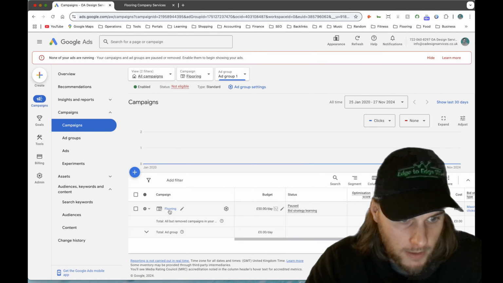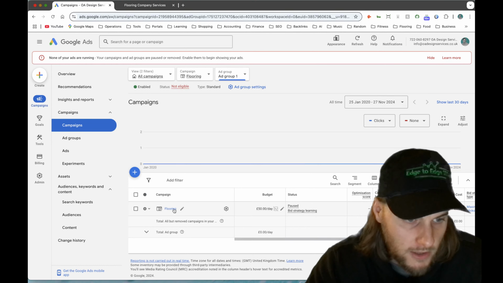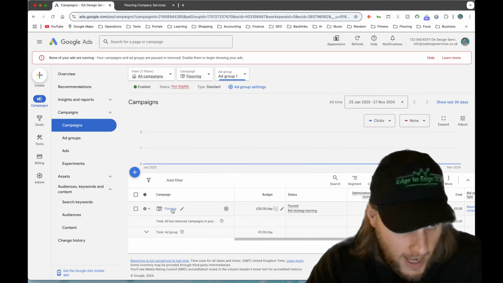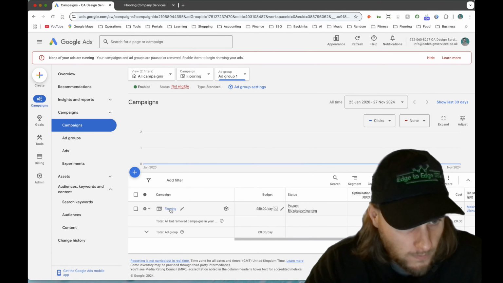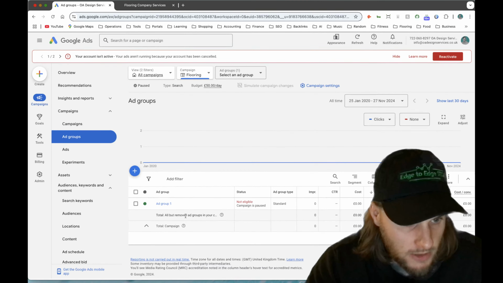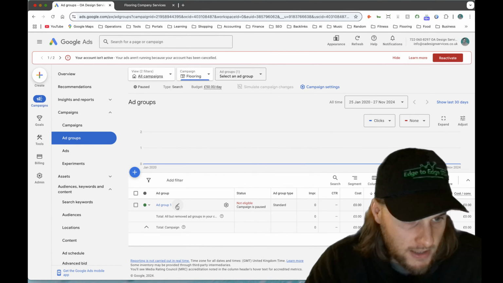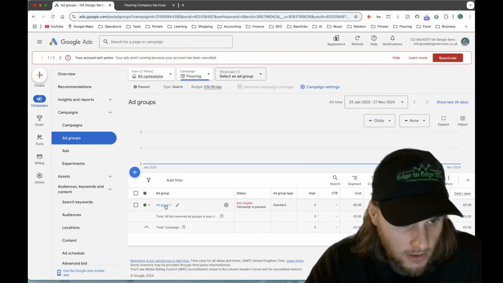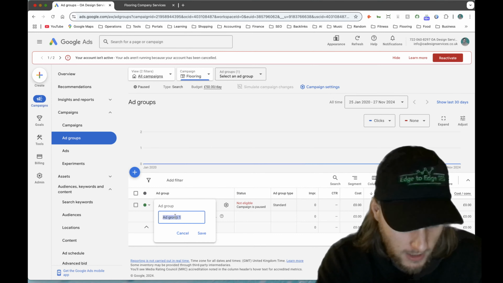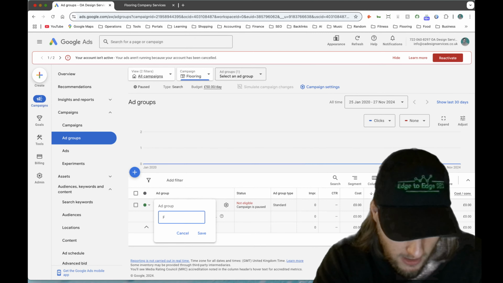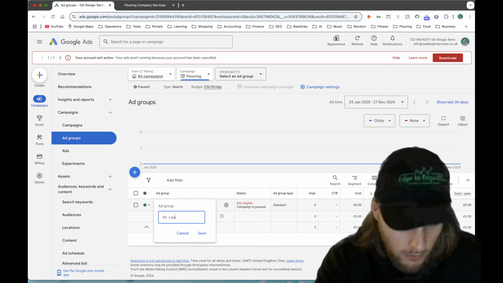But if you don't have a very big budget, let's say you have a budget of around 30 pound a day, then you can just create one campaign and then create lots of different ad groups within that campaign. So let's just run with this one here. Let's say that you want to create the campaign for flooring. So within a campaign you have different ad groups. An ad group is basically one ad, and when you're setting this up, you're going to want to think about the main ways of organizing this ad group. So if we're targeting flooring, the main ad groups that I build, I normally do one which is general flooring,